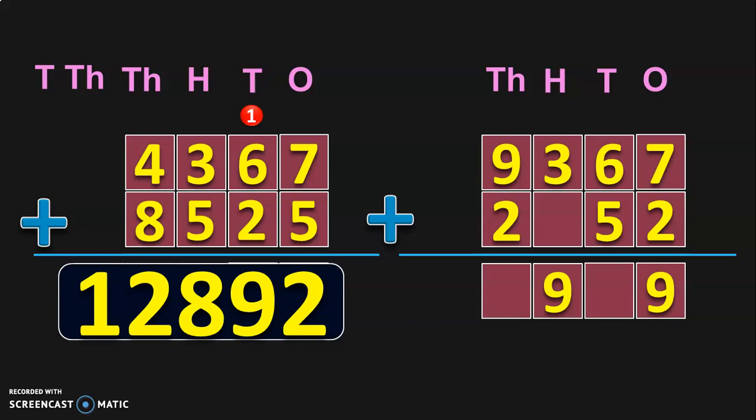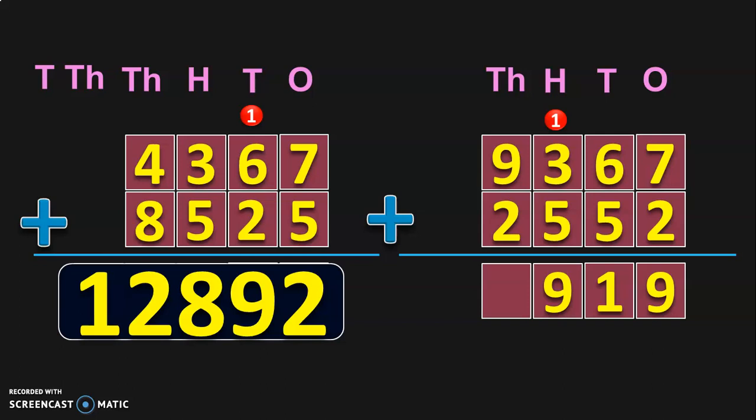Next, move on to the tens place. You have 6 plus 5. What is 6 plus 5? It is 11. So retain 1 in the tens place and take the 1 as a carryover to the digits in the hundreds place. 1 plus 3 is 4. 4 plus dash is 9. So you need a 5 in this blank space to get an answer of 9 in the hundreds place.